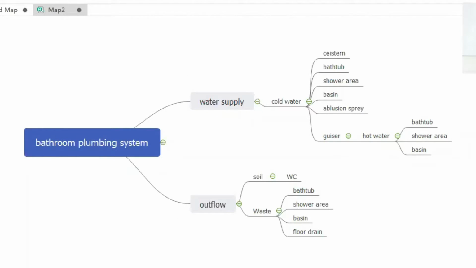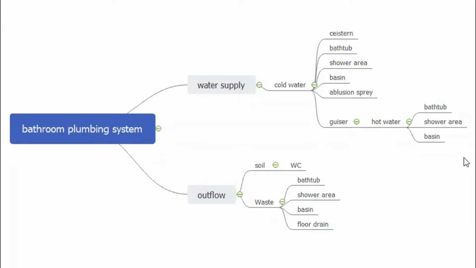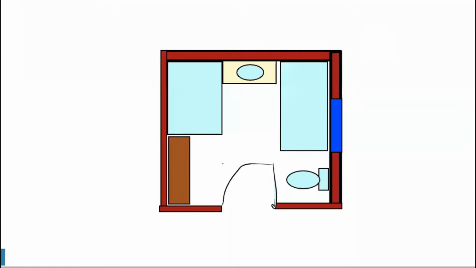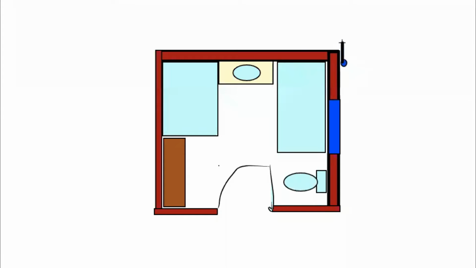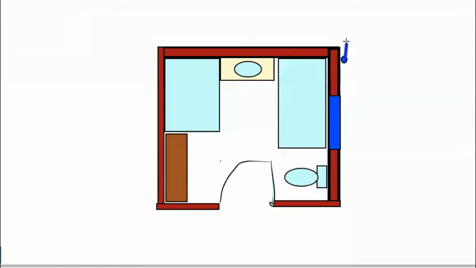Now I am going to incorporate this mind map into my drawing. Now let us go back to the drawing. Okay. Now let me start with the inflow. Now inflow means the cold water. Now cold water, maybe I am taking it down from this point, from my rooftop. Okay, this is my cold water down pipe from overhead tank. Now where this will go? This will go to the shower. From here it will go to the shower.